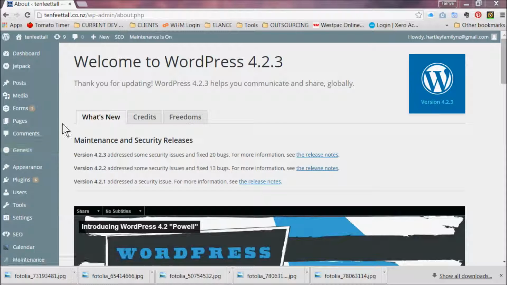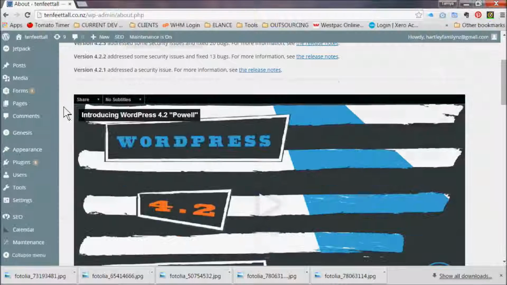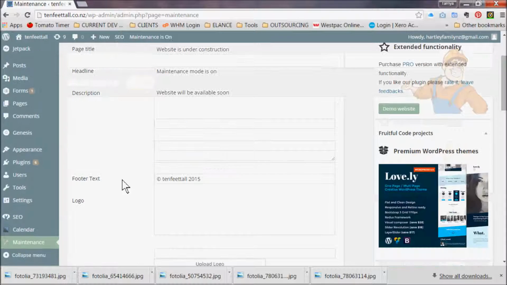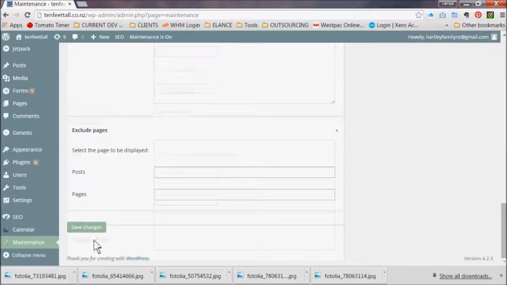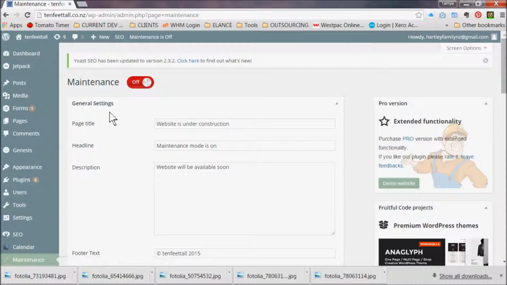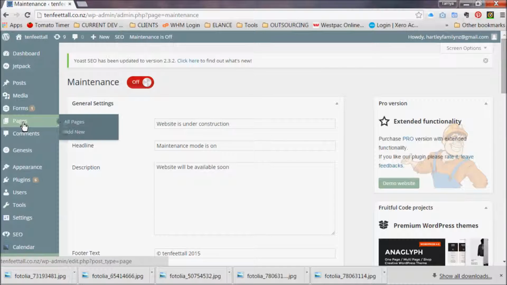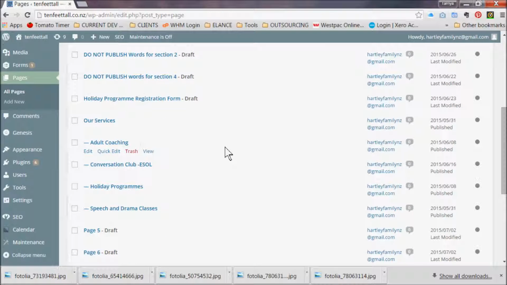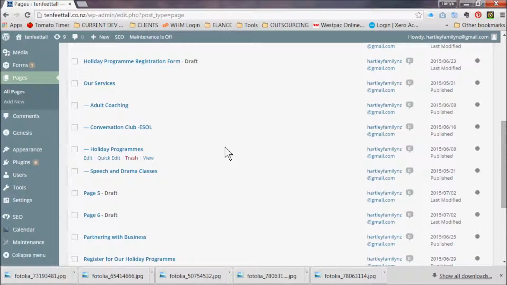If we go down to maintenance mode here and click it, you can turn it off there. And you just go to the bottom and save changes. Great, and then the site will be live. So if we went to pages, and we went to speech and drama classes,